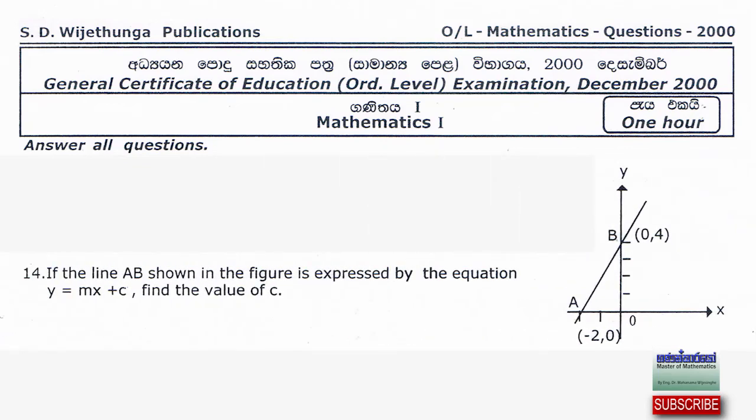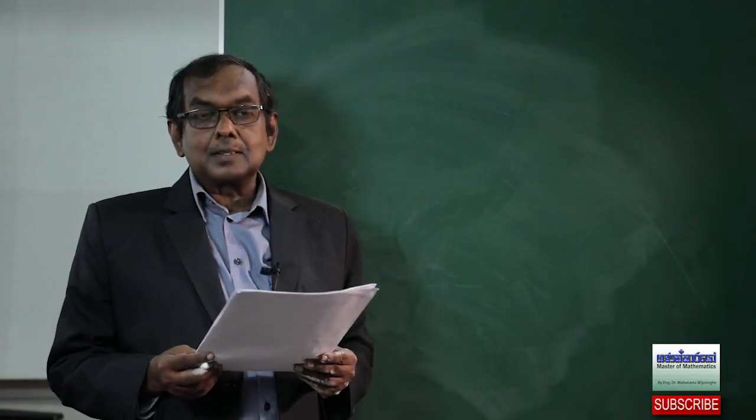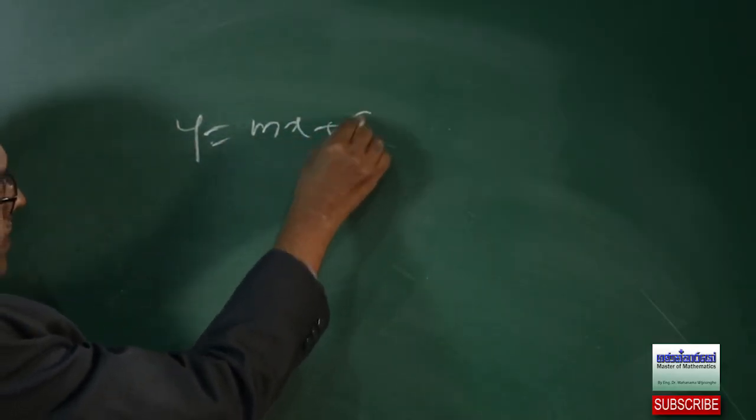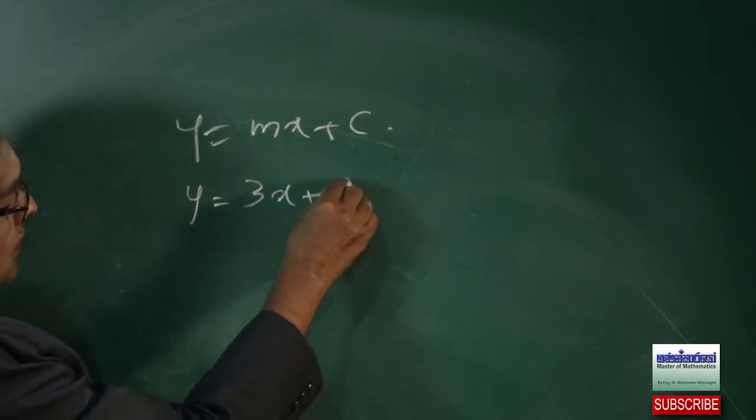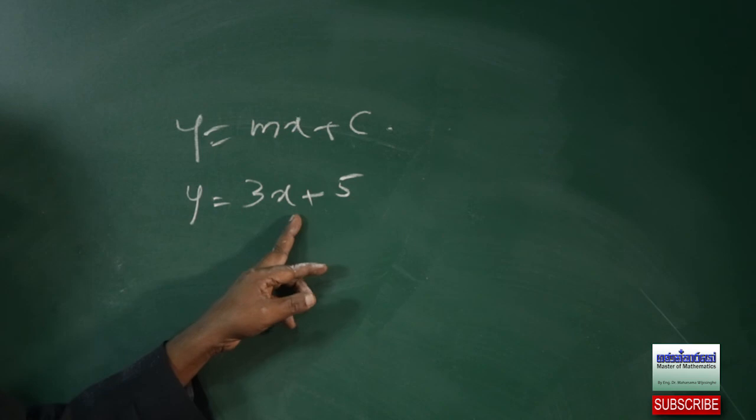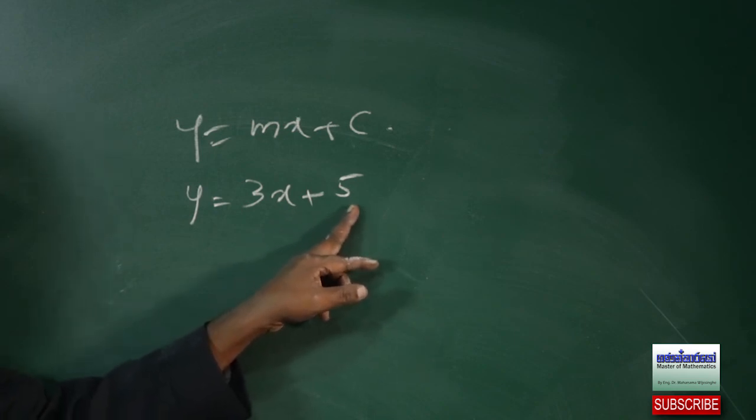Number 14. This is actually a little bit different from the previous sums we have already discussed. If the line AB shown in the figure is expressed by the equation y equals mx plus c, find the value of c. Any line we can represent as y equals mx plus c. For example, if we give an equation like y equals 3x plus 5,